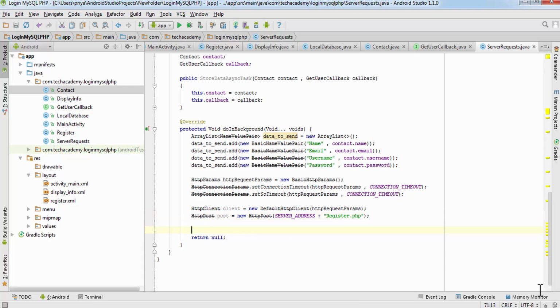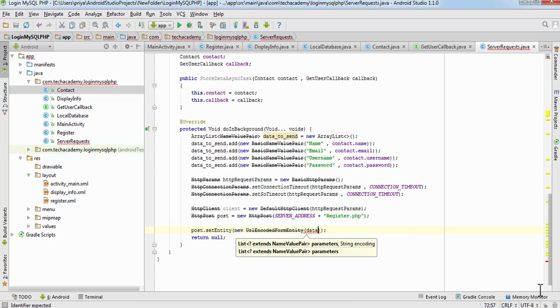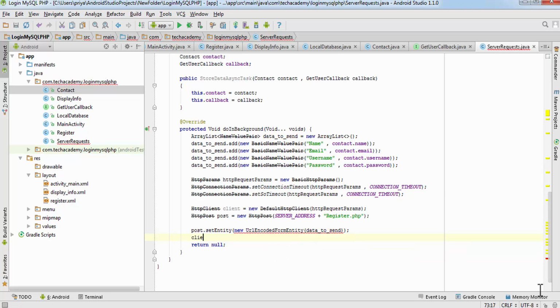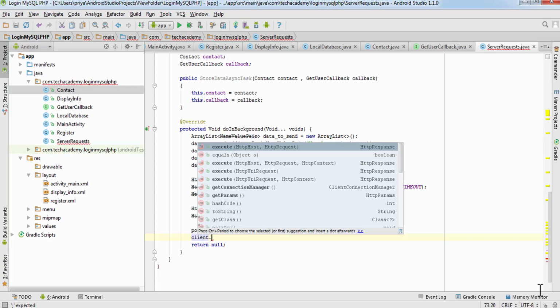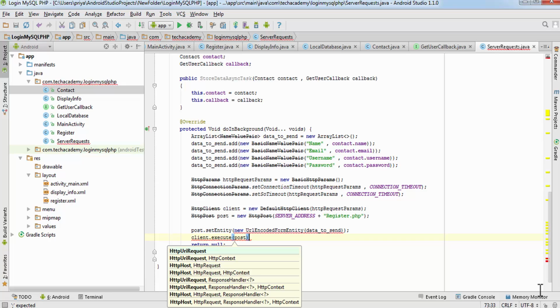Now the next thing is we have to set an entity. So write post.set entity new, it takes HTTP entity, so we have to encode it. So write new URL encoded form entity, and here pass data to send. Then write client dot execute, and here pass this post.